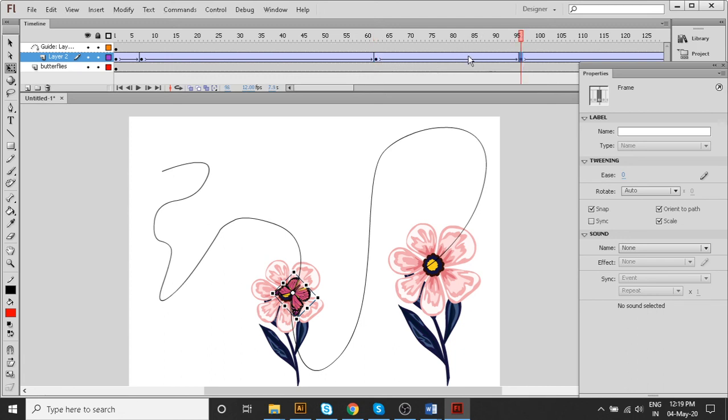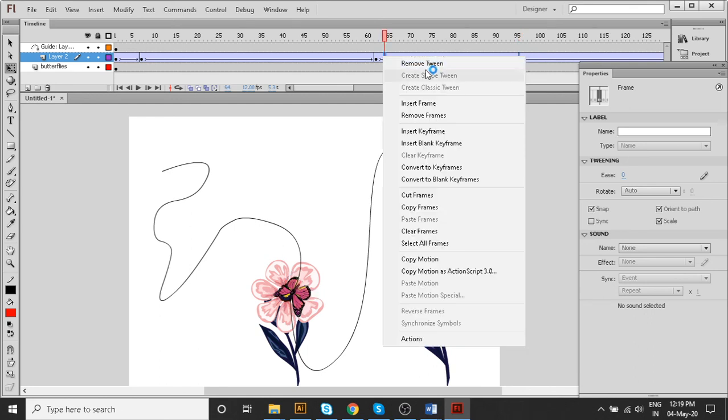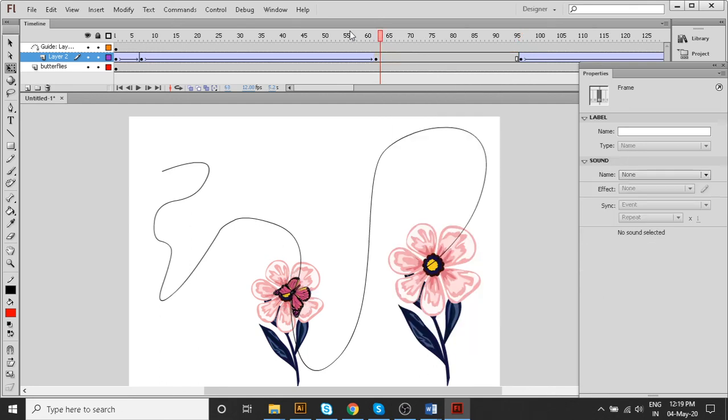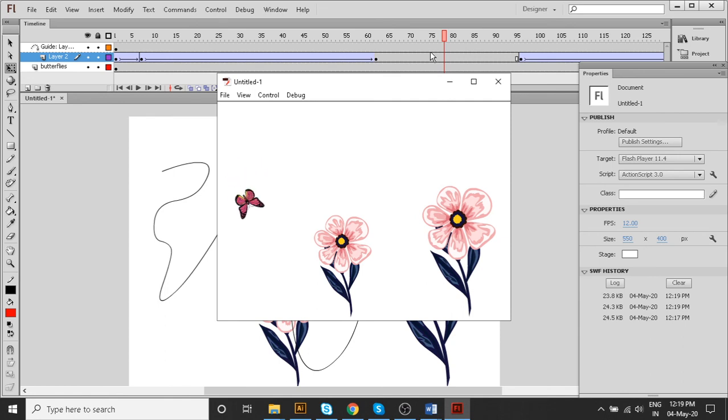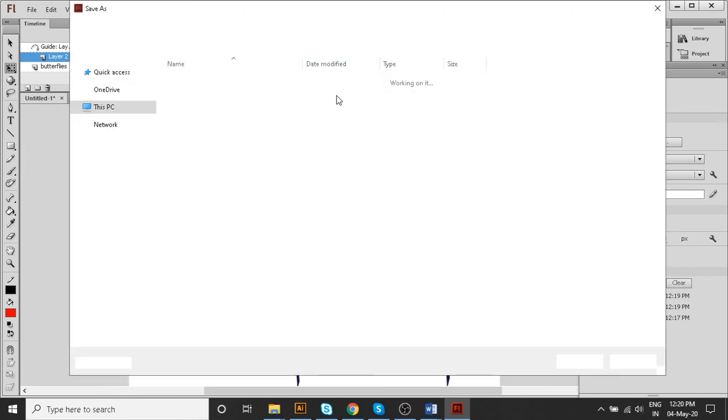Right now, because the classic tween is removed here, in this section my butterfly is coming here but it's not going, because no animation is there. Again it will go. So let me check. It will come here, it will stop here for some time, and again it will go to the next flower. So this is simply a path animation.